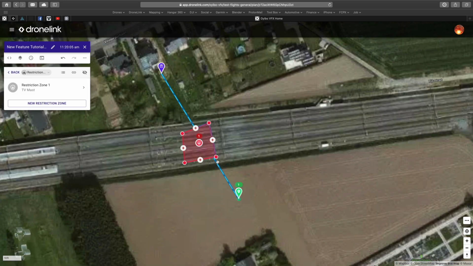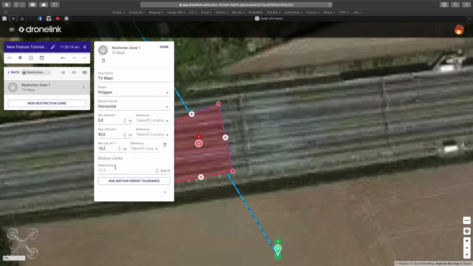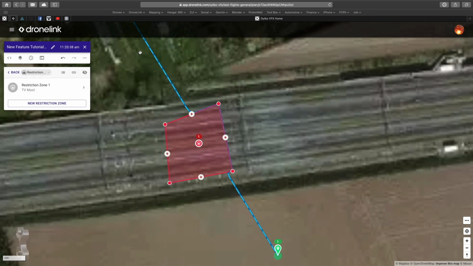Okay, so we have our restriction zone. We double click. So here we see we have the T-mast, the TV mast. It's a polygon and the altitude is from 0 ground level to 45 meters. But I want to be very precise. So I say here, no, I want to fly around this only at 10 kilometers per hour. So basically that means if we look at it,